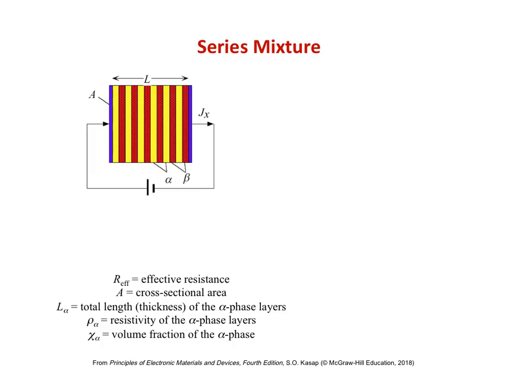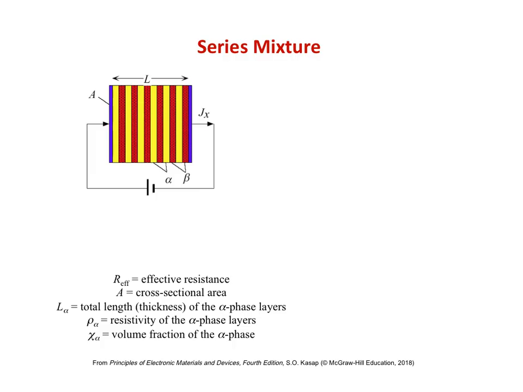layers and the beta is represented as these red layers. We're going to consider electrical conduction along the length L and cross-sectional area A, so we place blue electrodes at either end and attach a battery between them, which drives an electrical current in the desired direction. So here we have set up a problem where we really only need to consider current flowing in one dimension,